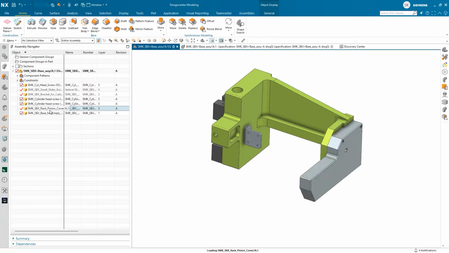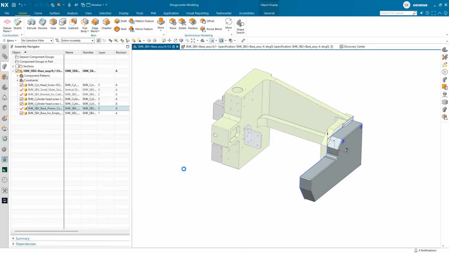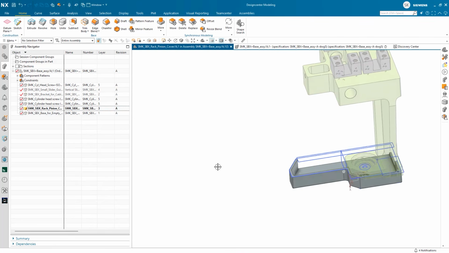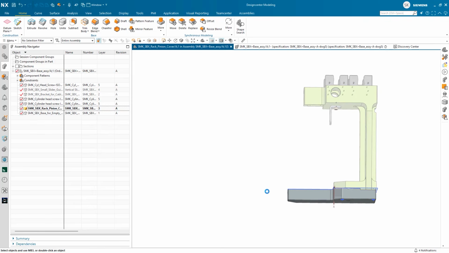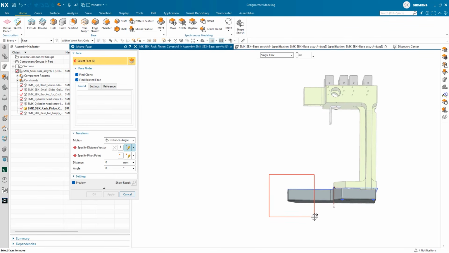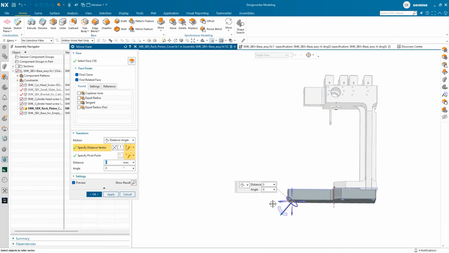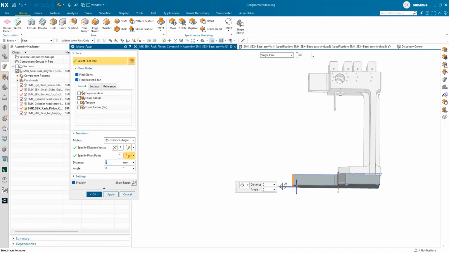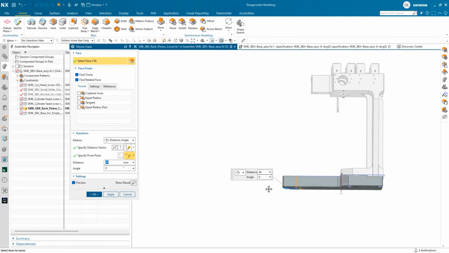Next, we want to make some design changes. Whenever there's a design change, that obviously will affect my specification or my drawing. So I want to make a quick design change using a synchronous method. I want to change the size of this particular cover. So I want to update that cover to increase its size a little bit.